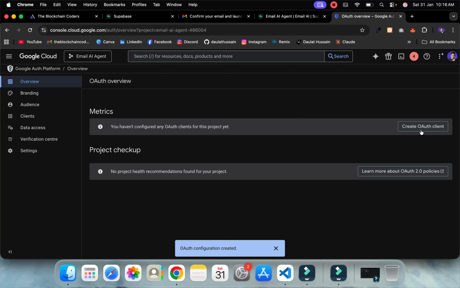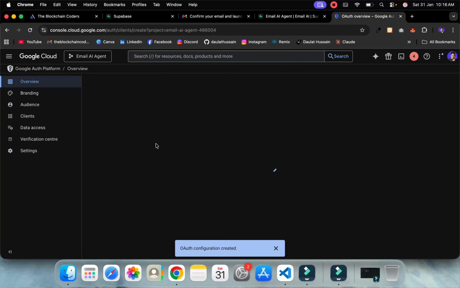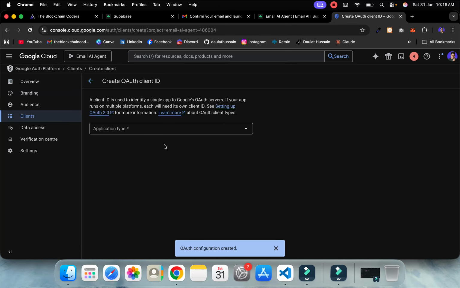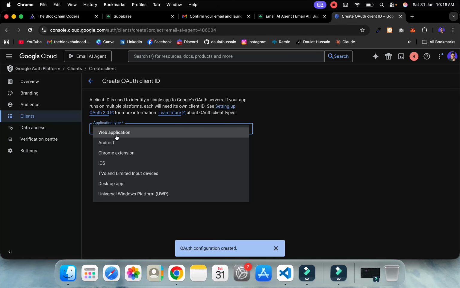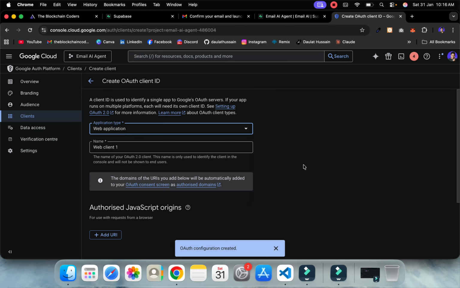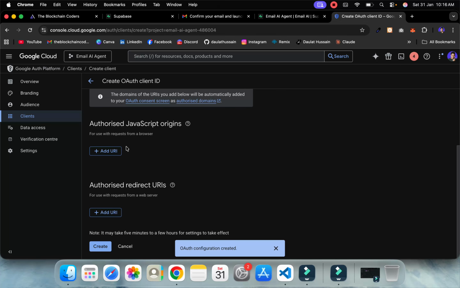Now you can manage your client OAuth. So you can click on this create client OAuth, you will come back here and you can activate. So you can simply click here, and you are looking for a web application, so click on the web application, and from here you can add the URL,